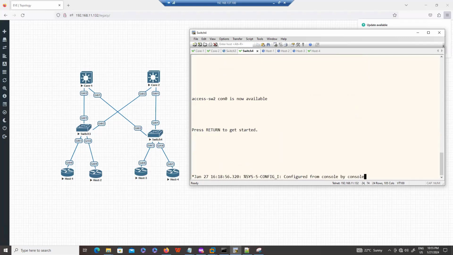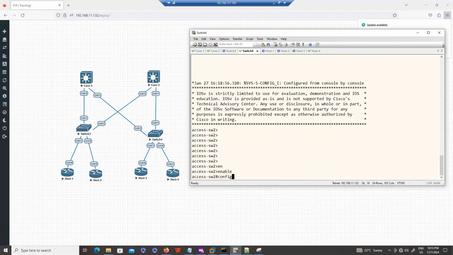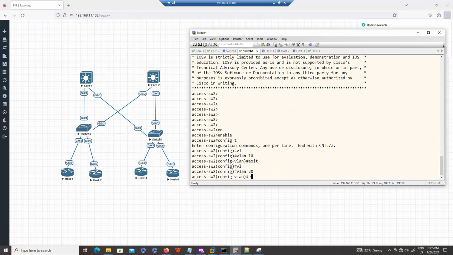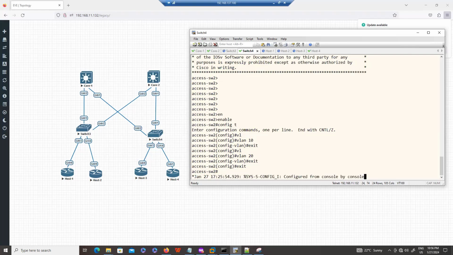This is my second access switch, VLAN 10, VLAN 20. Now once we create the VLAN, the next step is to assign the VLAN to the port. So on switch 3, this port gigabit 0/3, I want to put this system in VLAN 10, and this system I want to put in VLAN 20.